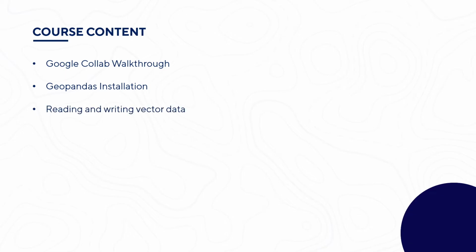Then we'll go with first reading vector data, and then writing vector data. That means we have some vector data in our computer, maybe in our Google Drive or anywhere, and we'll use that data, do some geospatial analysis, and then save that data. So that is writing vector data